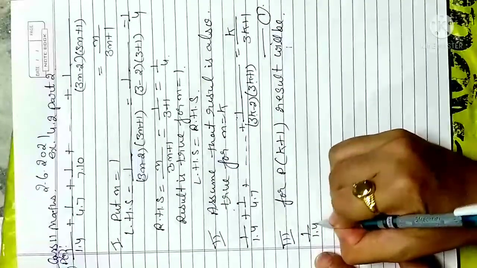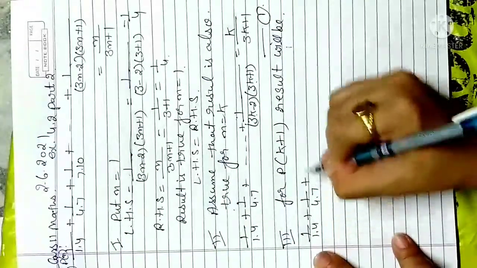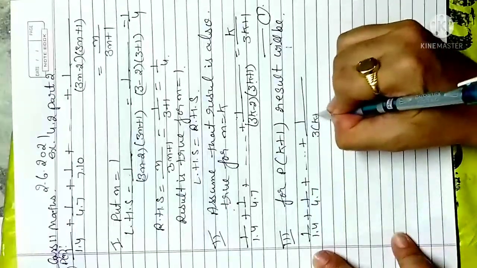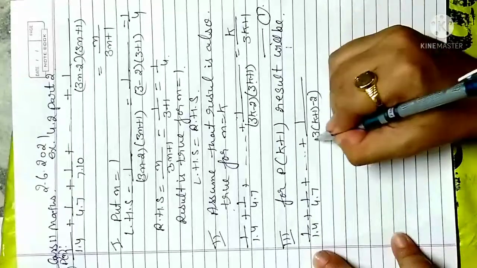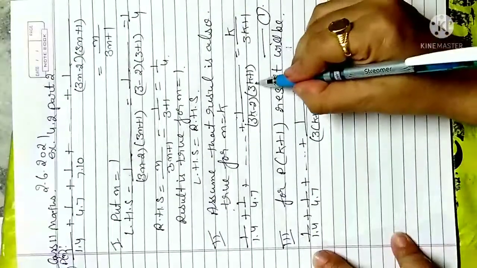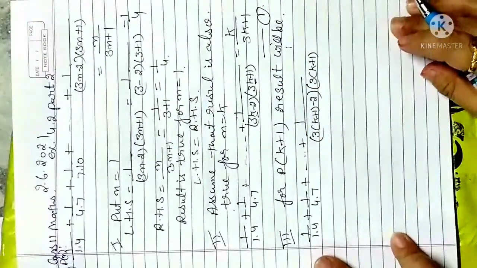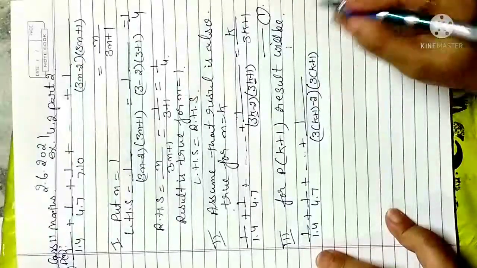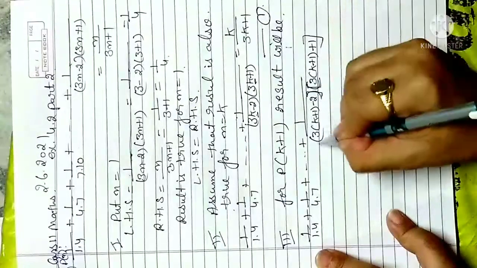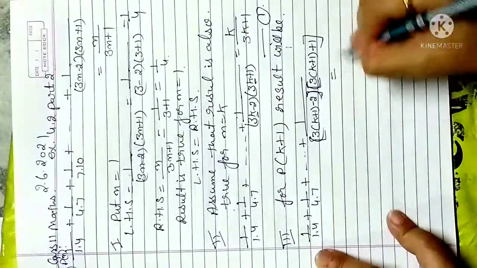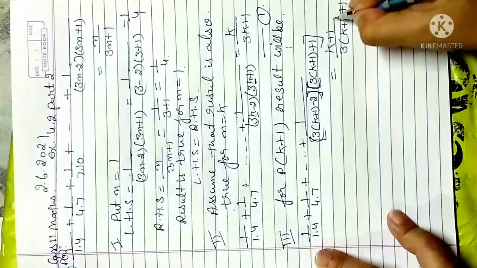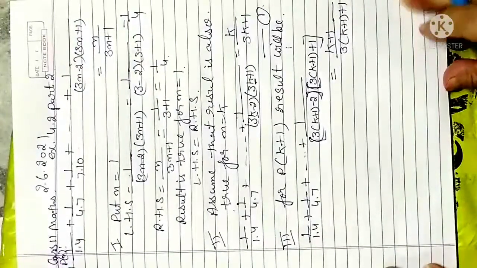So that is 1 into 4 plus 1 by 4 into 7 plus 1 by 3. In place of k I just write k plus 1, and the rest of the terms I will write as they are. So only in place of k I write k plus 1, and no need to change other terms. It will be better if we go with the bigger bracket. And my right side will be k plus 1 by 3(k plus 1) plus 1. So that is my right hand side.